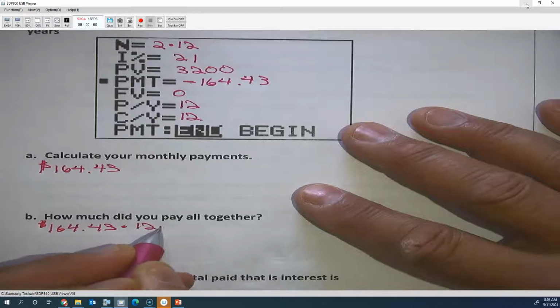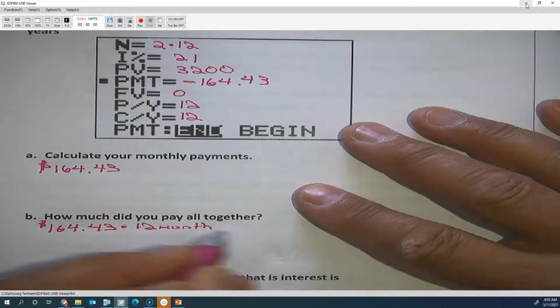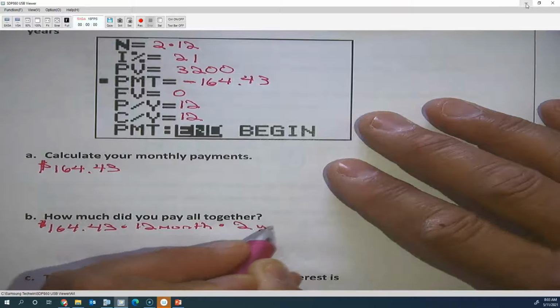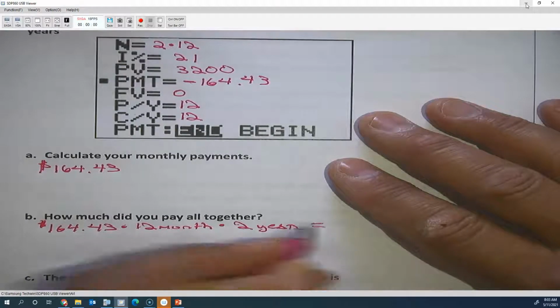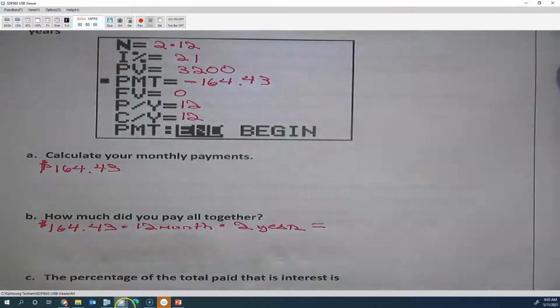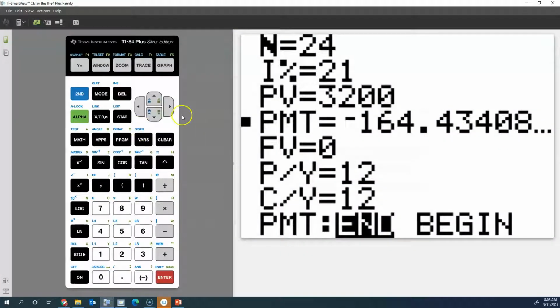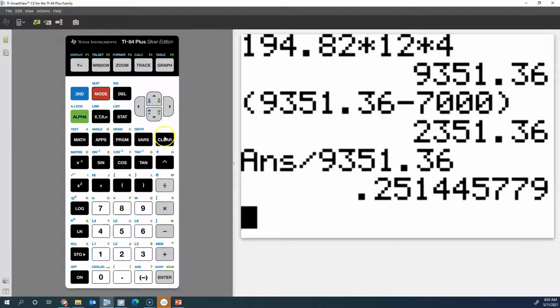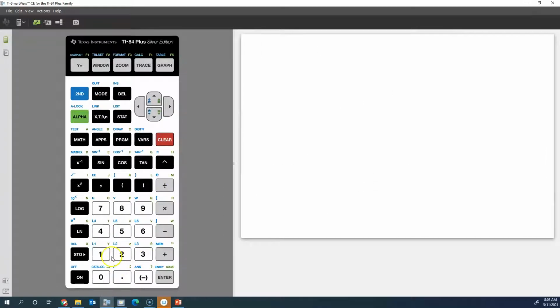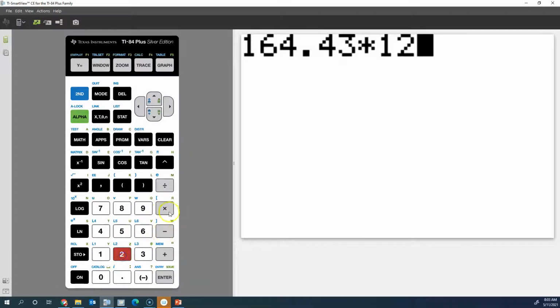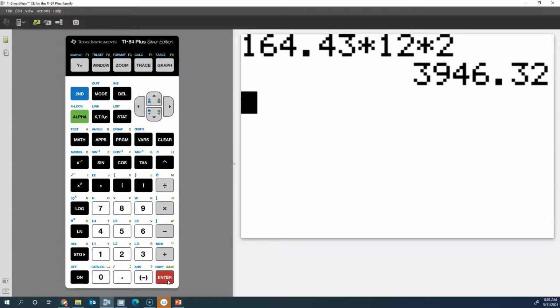Times 12 months times 2 years. So I go second quit, 164.43 times 12 times 2, enter,